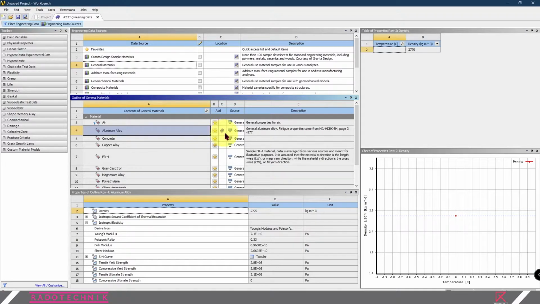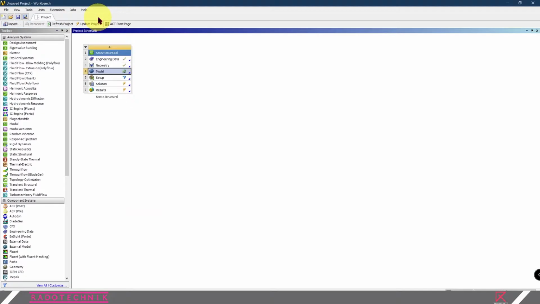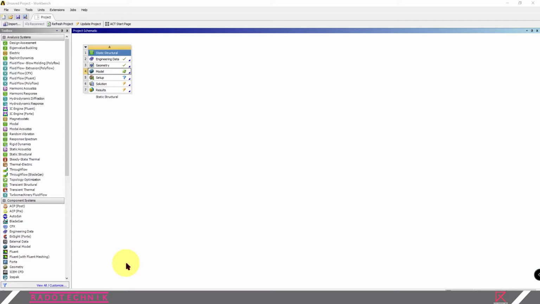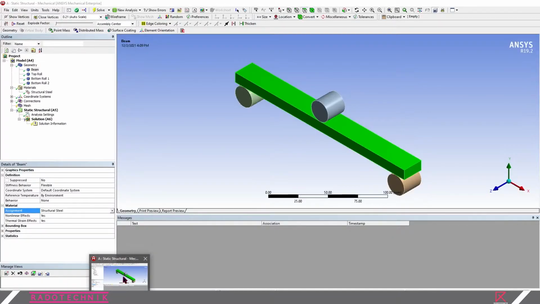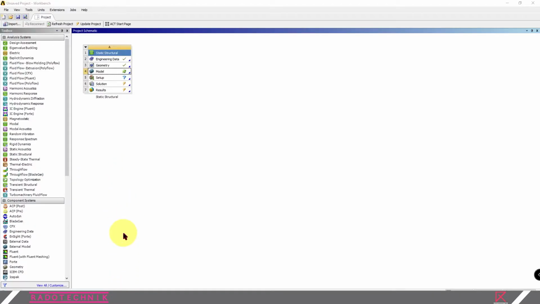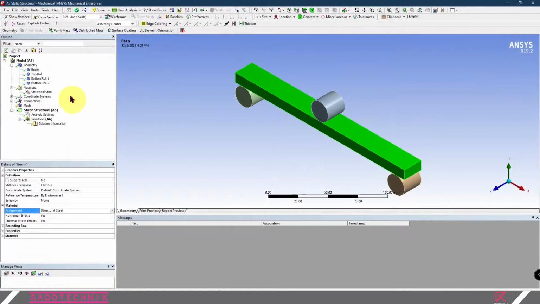After this icon pops up, you can just close the tab and then go back to your edit window. After that, you need to reload your material.